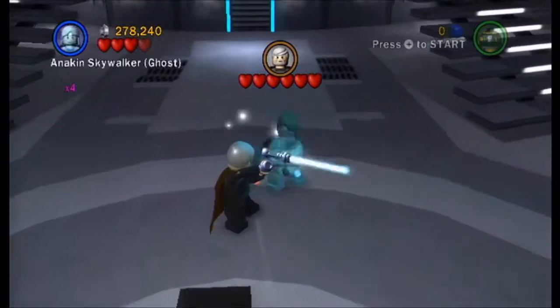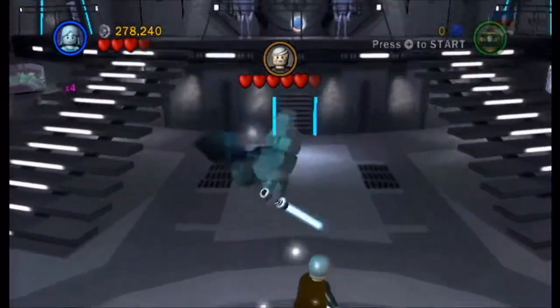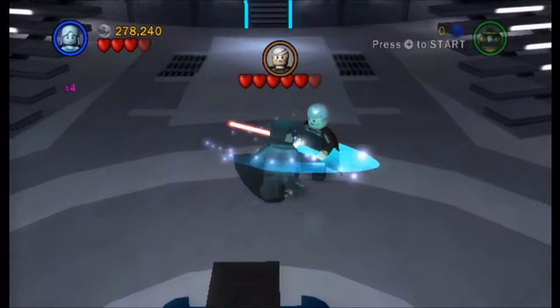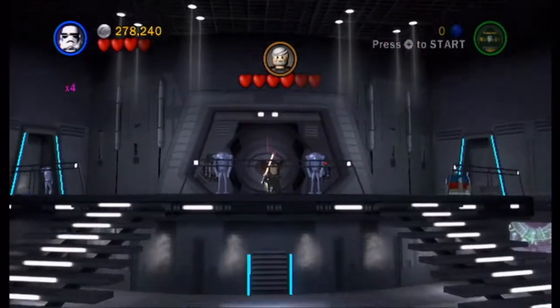And left Count Dooku to attack him, because it alternates. You can hit him once, but then you can't hit him the second time. You can't do that. I don't know why that doesn't work, but it doesn't work. Thankfully, because he now uses...